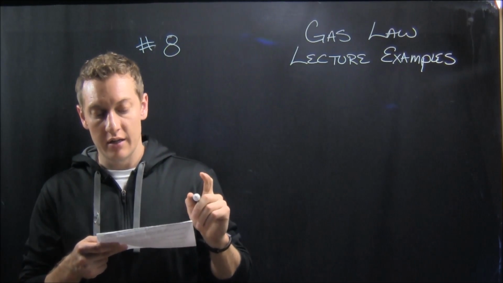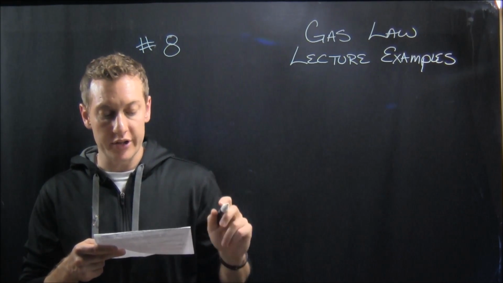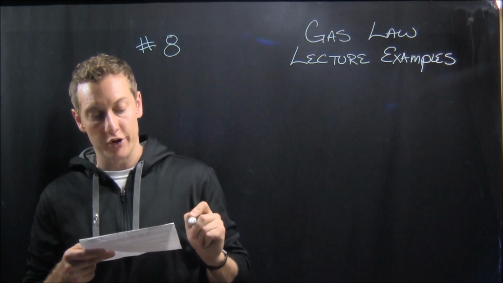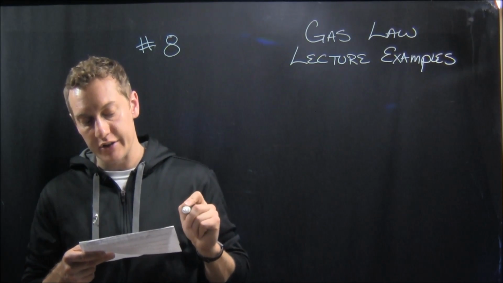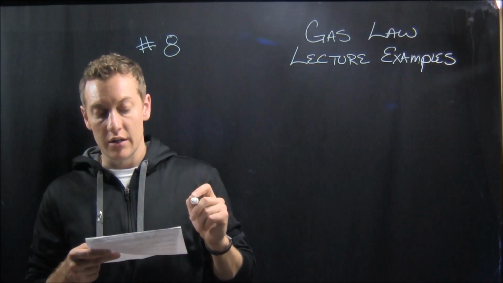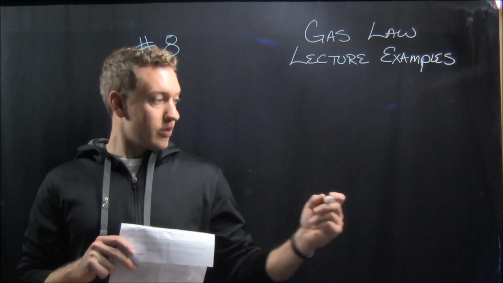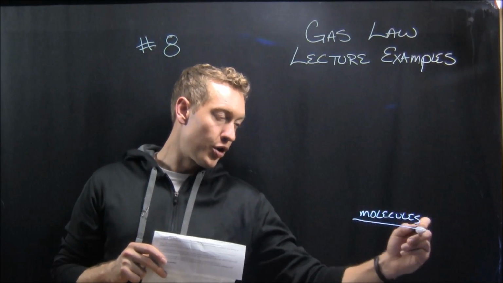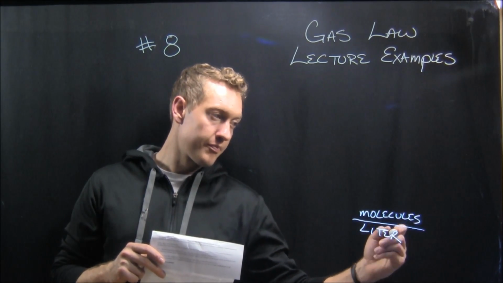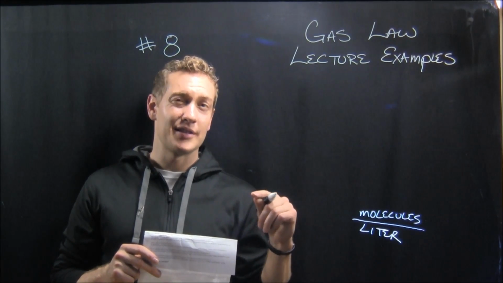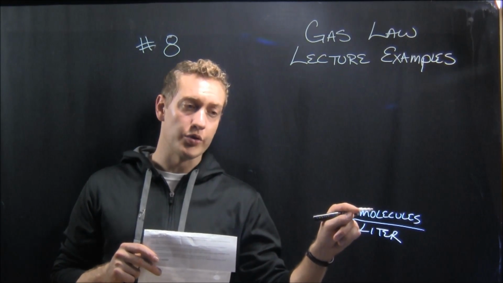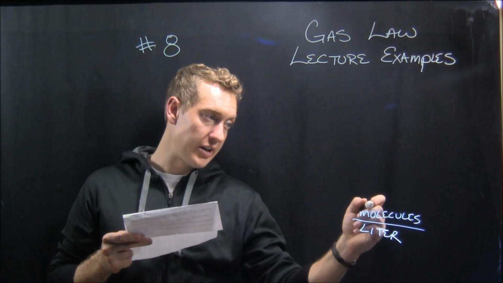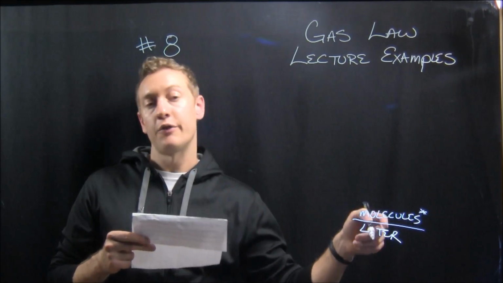Looking at number 8, how many molecules per liter of oxygen are present at 892 millimeters of mercury and 25 degrees Celsius? So when we are done, we will have molecules per liter. Now, I only know how to get molecules if I know moles. So that makes me think I'm going to have to figure out how many moles